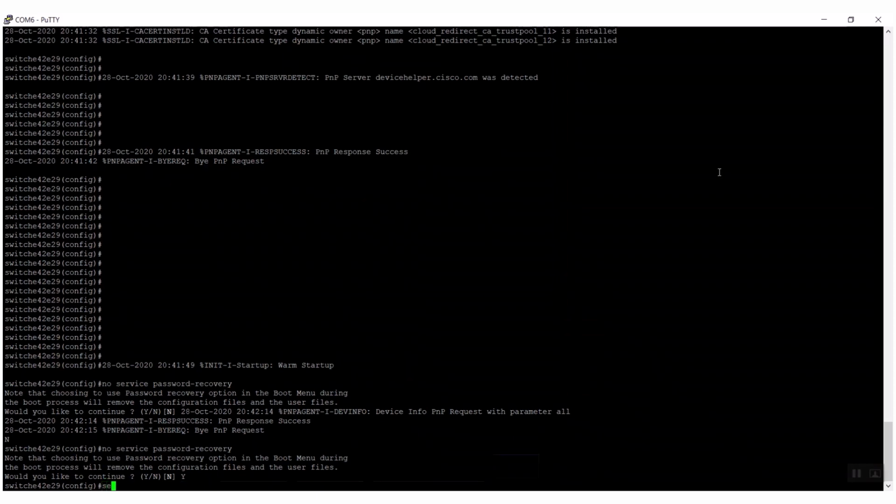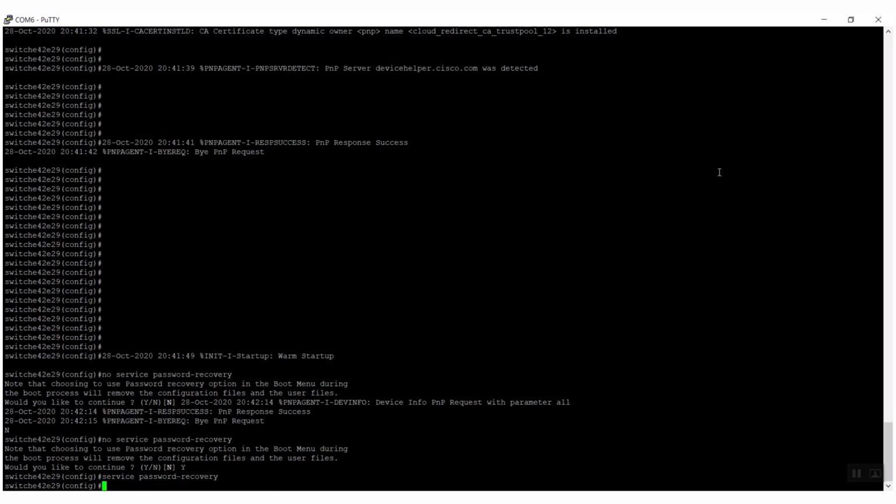Finally, we can type in service password-recovery to enable the password recovery again without removing config files or user files. And that's how to recover your password on the